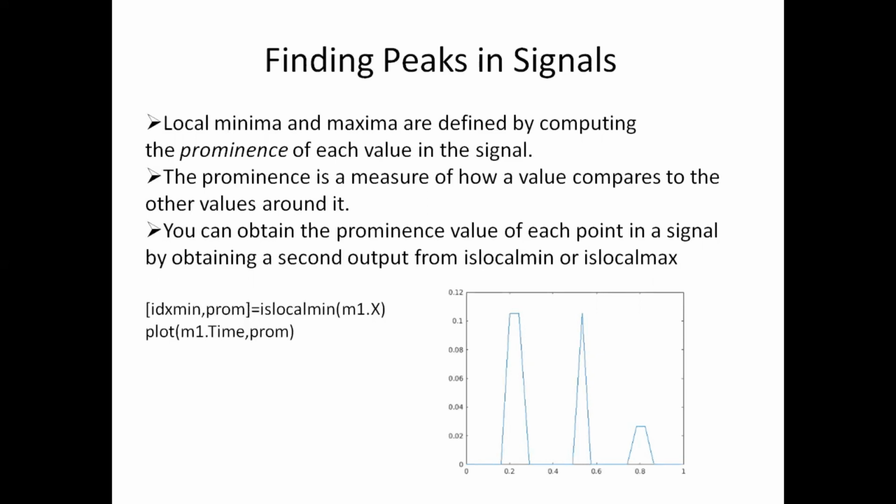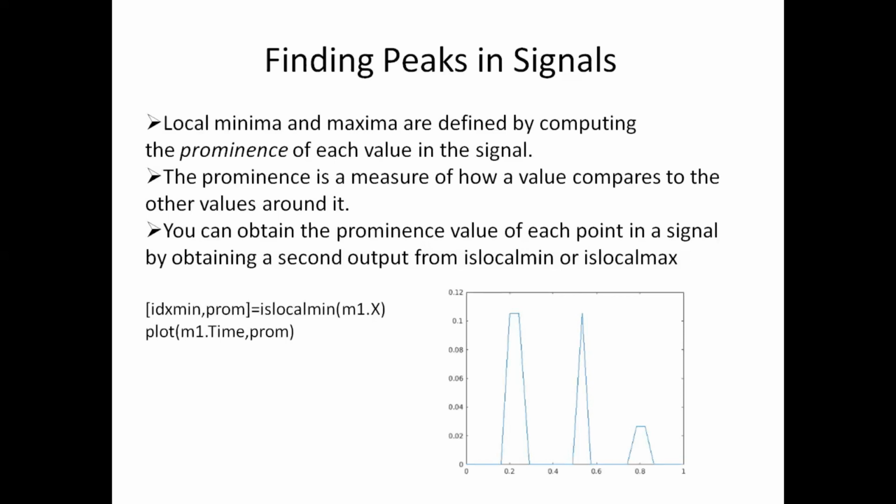This particular function returns two values. One is the indices of the minimum or maximum points, and the second is the prominence value. In the previous case we ignored this second output,